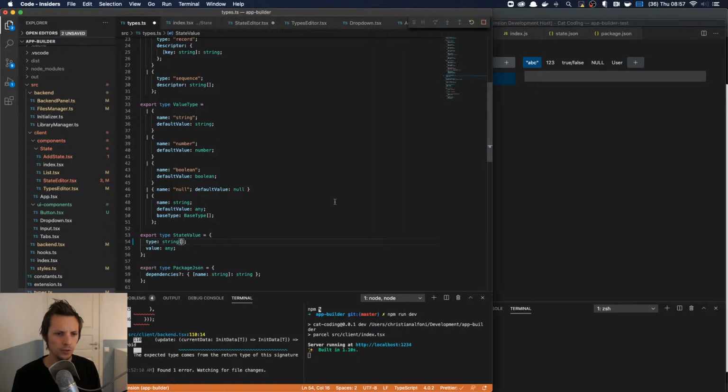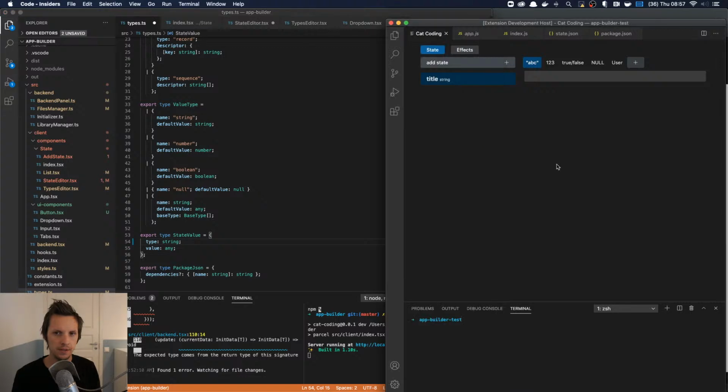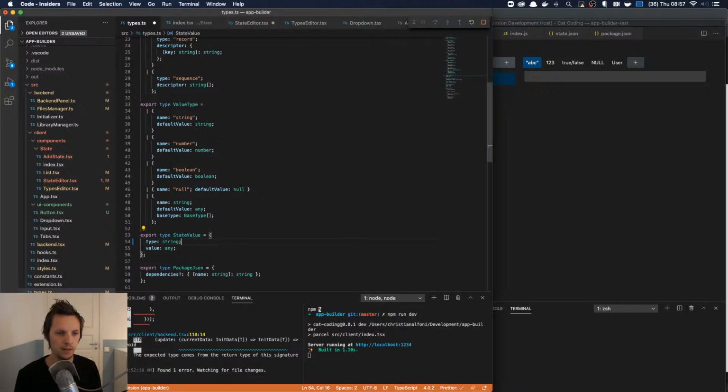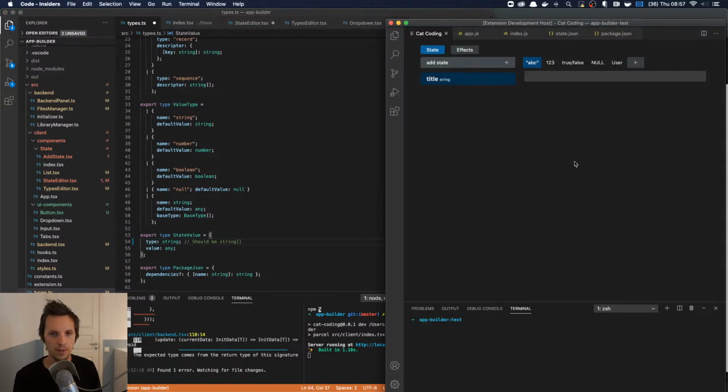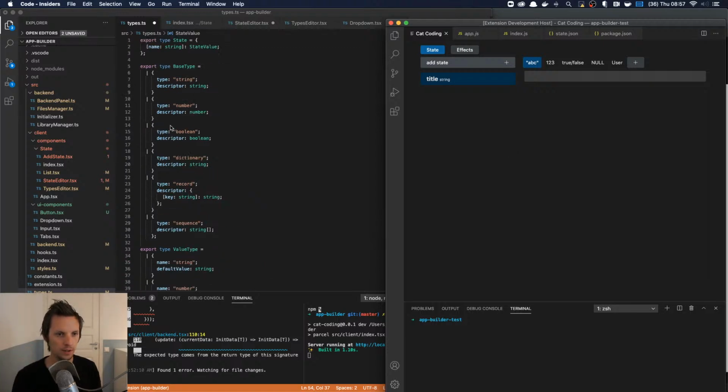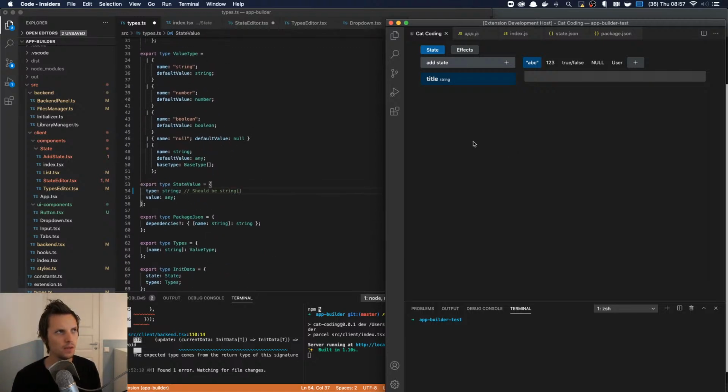But I don't want to go into ORs yet. I'm going to add it. Should be string to choose multiple types. But what we want to be able to do is to identify this record. So